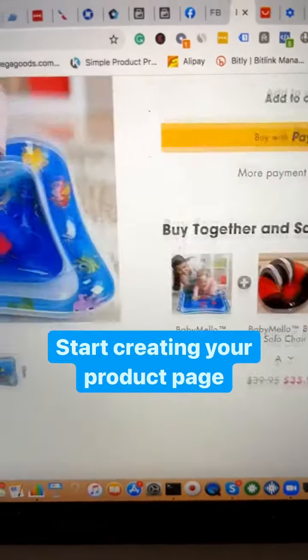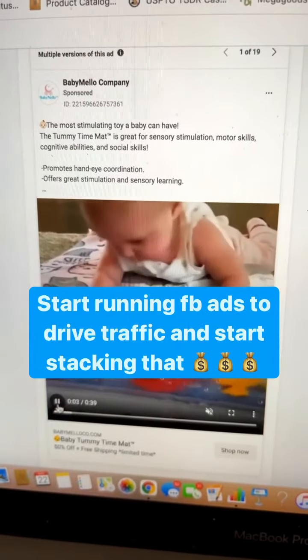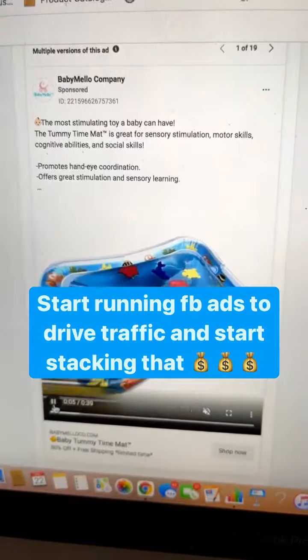Once your Shopify account is ready to go, start creating your product page. Once your product page is done, you want to start running your Facebook ads campaign so you can start driving traffic to your store and getting